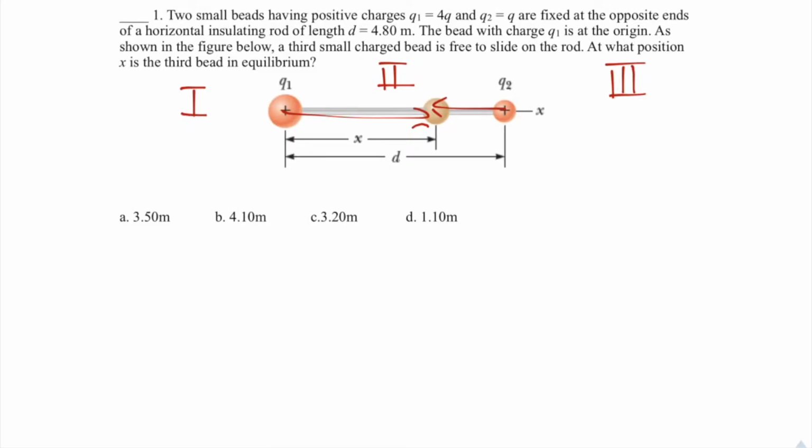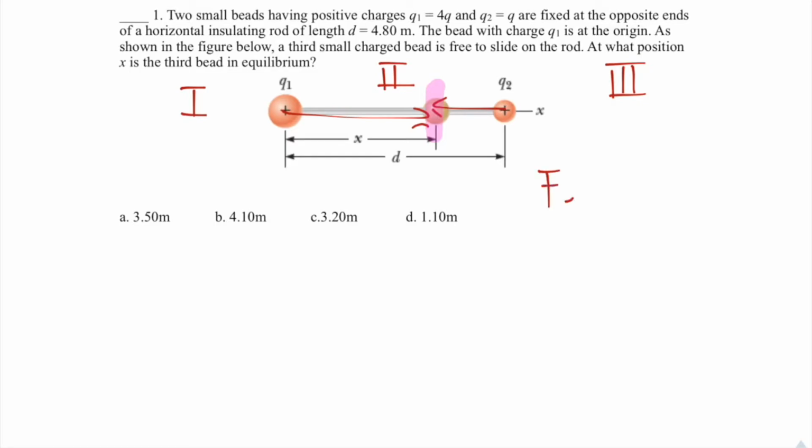So let's go ahead and start, and we need to begin by conceptually understanding that on this bead of an unknown charge right here in the center, we have two forces acting on it, the force from Q1 and the force from Q2, which in this case are like charges and are both positive. So that means that because they are like charges, our bead is going to end up somewhere in the center of them. And in this case, we've got an insulating rod, so it wouldn't be able to go anywhere outside of them. We're going to begin with the electrostatic force equation,